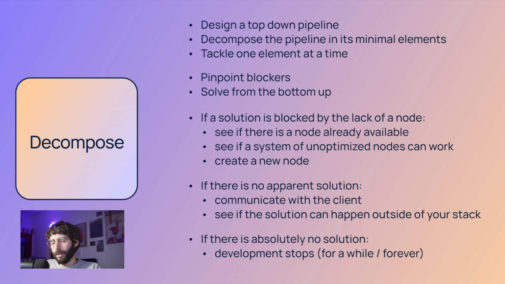Now, the other kind of blocker is a harder one to solve. In this group of blockers, you can usually find the lack of nodes. If this happens to me, what I usually do is just Google one or two keywords for what I want to do plus ComfyUI and see if something comes up. And well, it usually does. But if I cannot find anything, neither in the manager or on the web, what I usually try doing is setting up a system of unrelated nodes, each of them doing a separate thing, but that together can do exactly